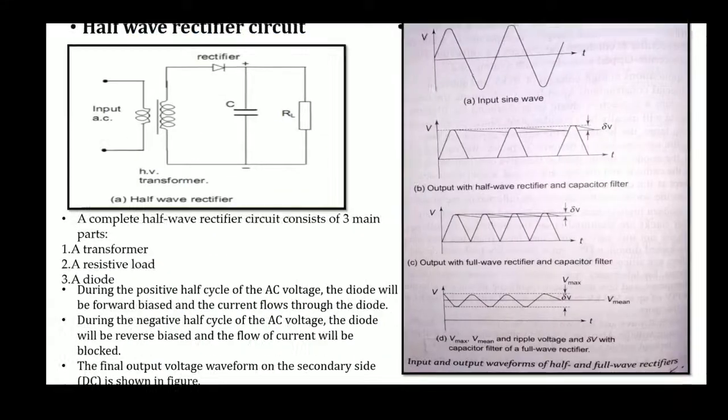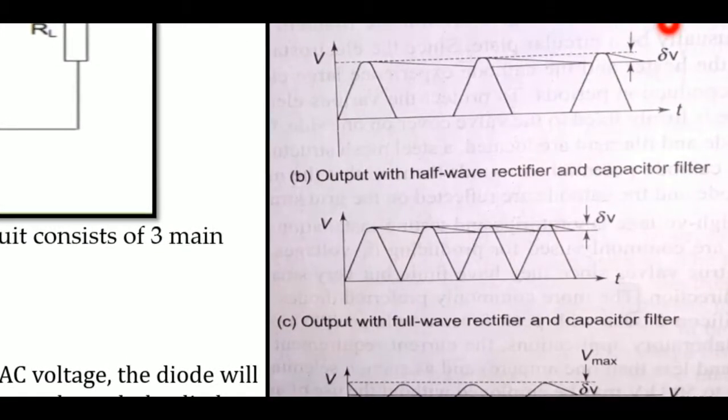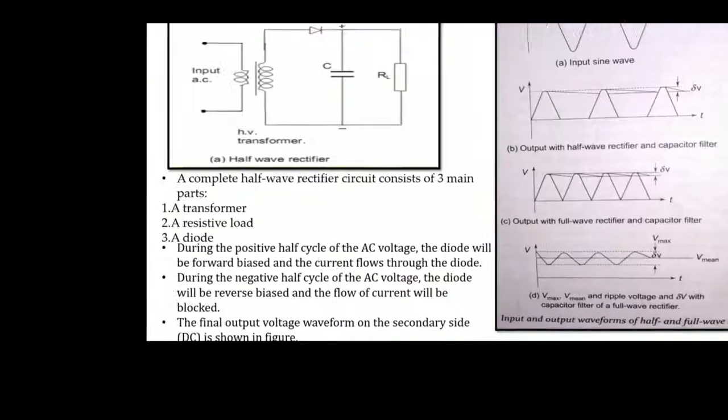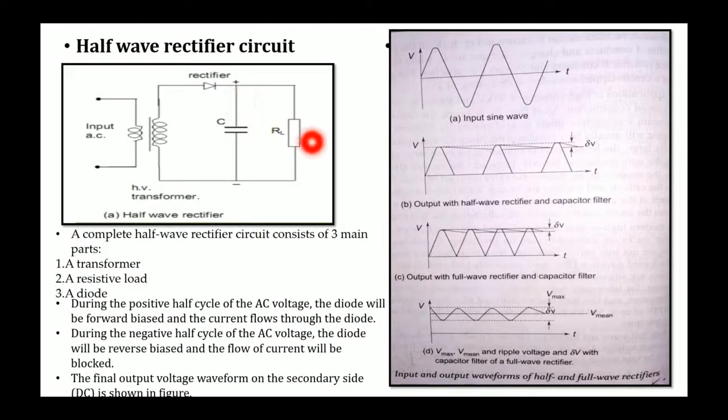You can see in the diagram here the voltage fluctuations or variations in the voltage, if it is loaded. That voltage is represented by delta V. This is called the ripple content. So this output voltage is not smooth in nature because it consists of the ripple content voltage, represented by delta V. This ripple content is smoothened with the help of the capacitor connected across the load here.